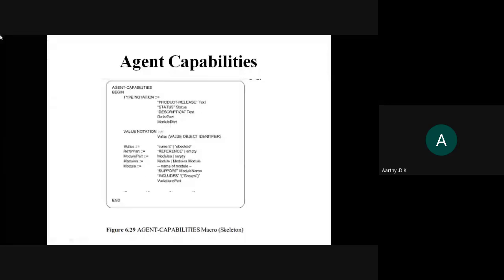This is your agent capabilities macro, begin and end. It has type and value. In this type, agent capabilities, we have product license, which is specific to the vendor, and then the status, description, refer part, and module part. Which kind of modules will this agent be capable of implementing? For example, will it be capable of implementing the object type module, object identifier module, or any other kind of module?